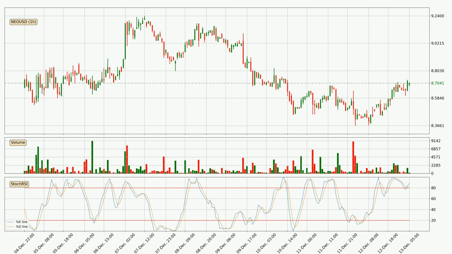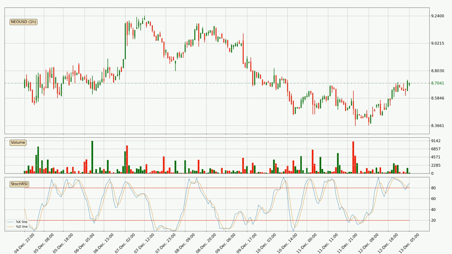Moving to the hourly stochastic RSI, both the %K and %D lines are in the higher region, which means that the price is getting overbought and soon a trend change or at least some kind of consolidation could be expected. However, the K line still hasn't crossed the D line, so you should wait to see if the trend will